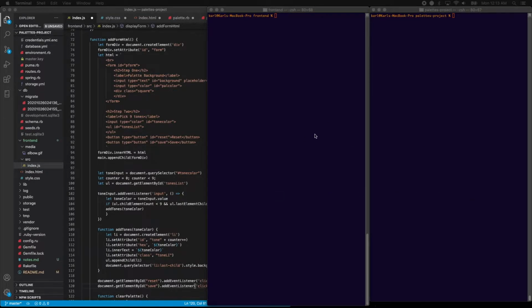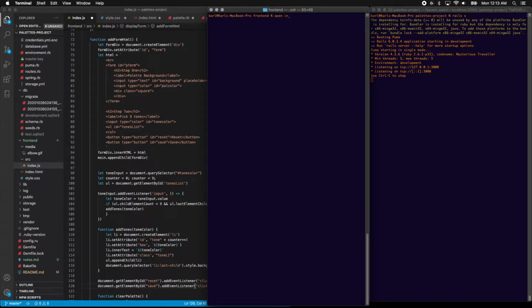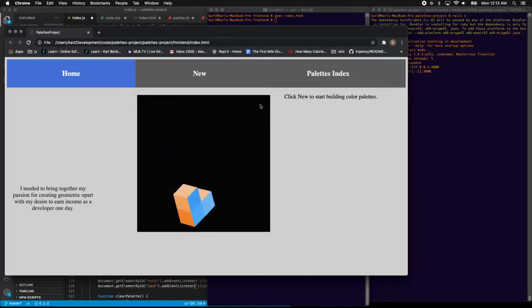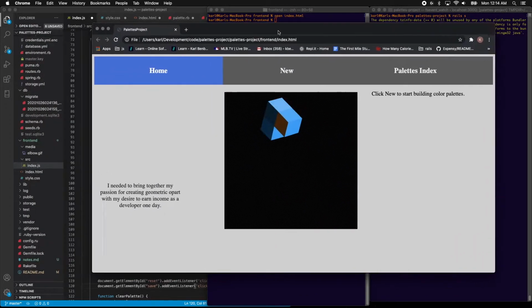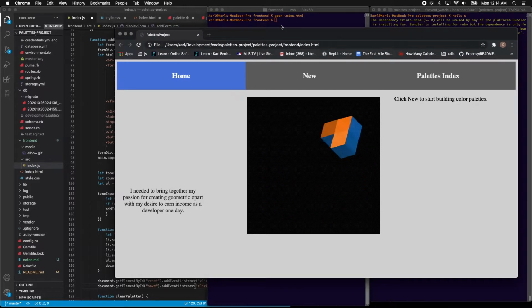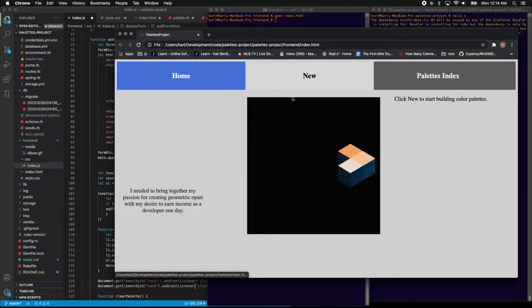This palette project is a single-page application, SPA. This SPA integrates HTML, CSS, and JavaScript with a Rails API backend. Upon sending the HTTP GET request for index.html from inside of my project's front-end directory, the event of loading and